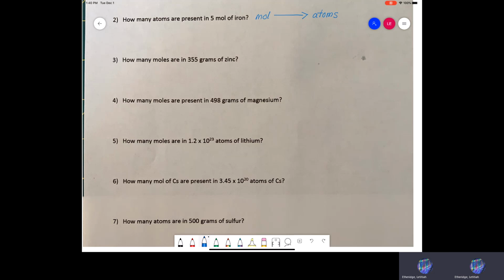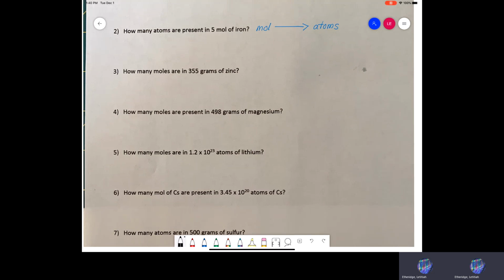Okay, so if you paid attention to the last video that I uploaded for you, there is a surefire way to do this conversion. If you are going from moles to atoms, you are going to be using Avogadro's number, right? I would write this on the top of my page so that I knew what I was doing, and then I would set it up. You always start with what you are starting with, or what you know. So you know that you have 1 mole